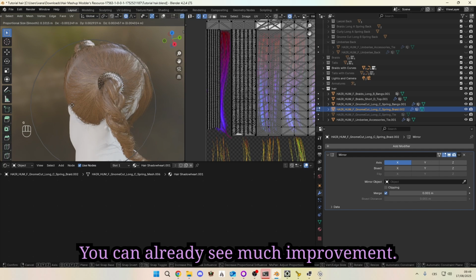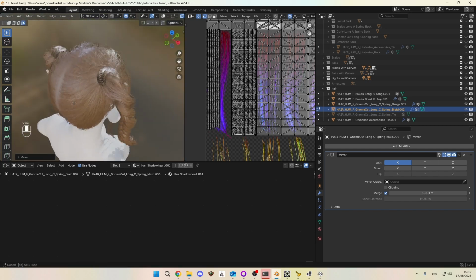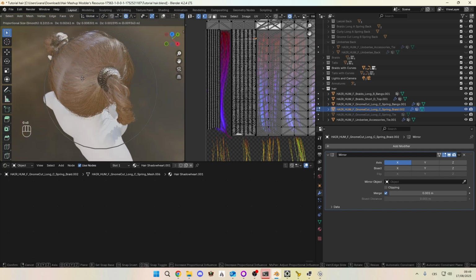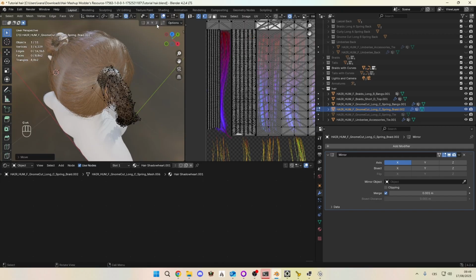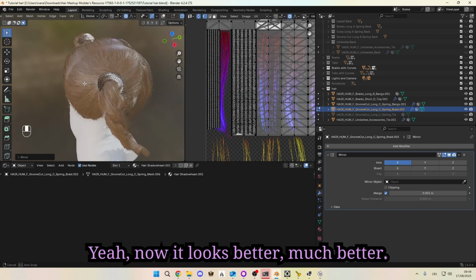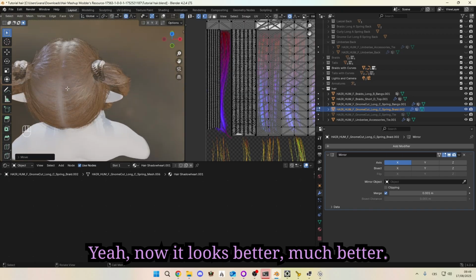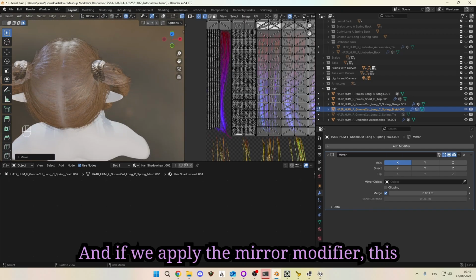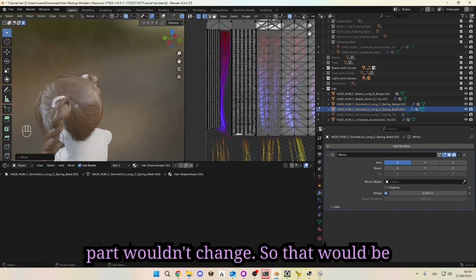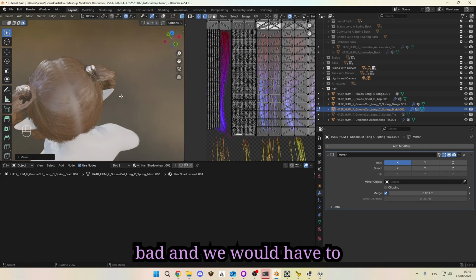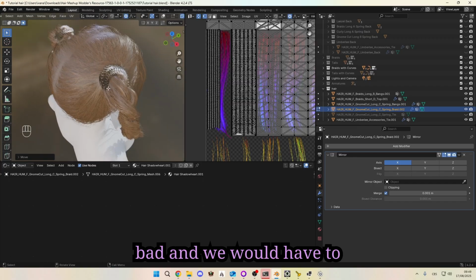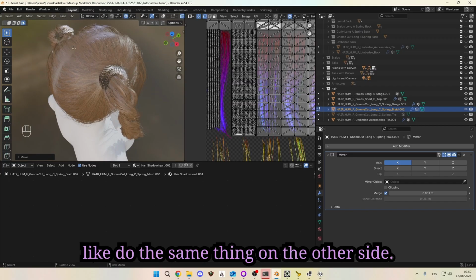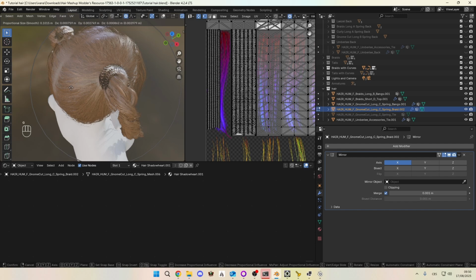We can already see much improvement. Yeah, now it looks better, much better. And if we apply the mirror modifier, this part wouldn't change, so that would be bad. And we would have to do the same thing on the other side, but